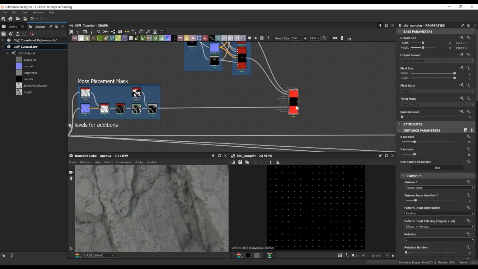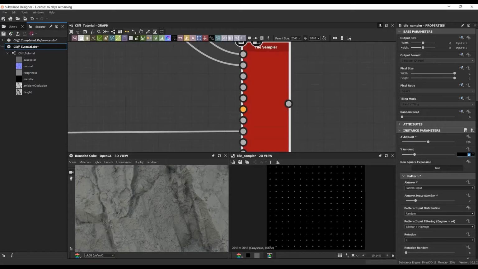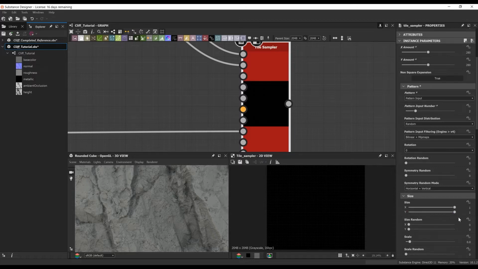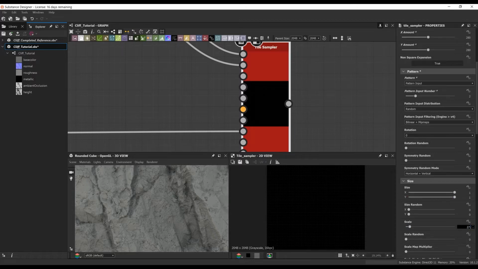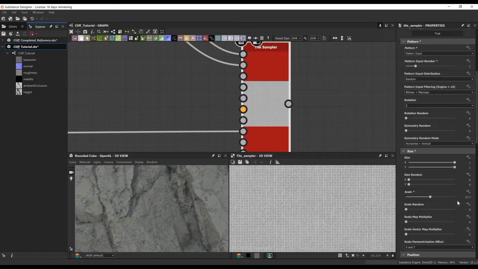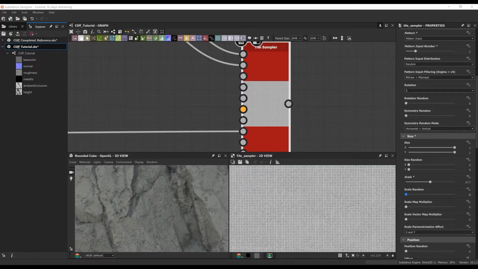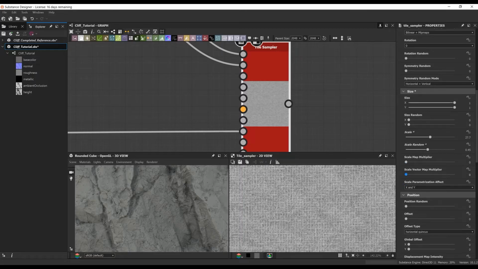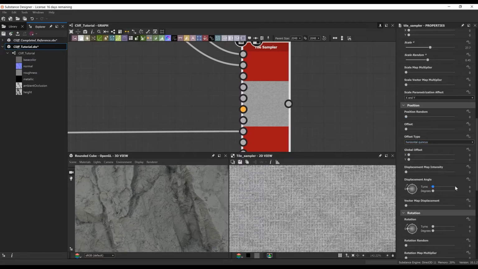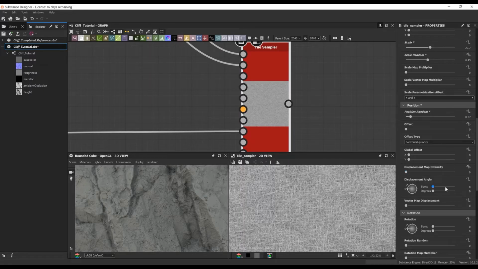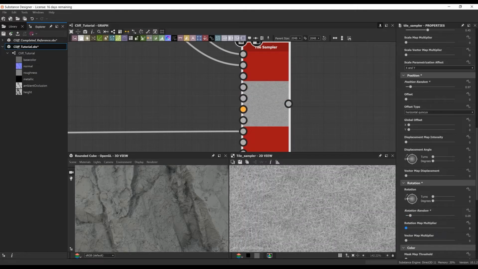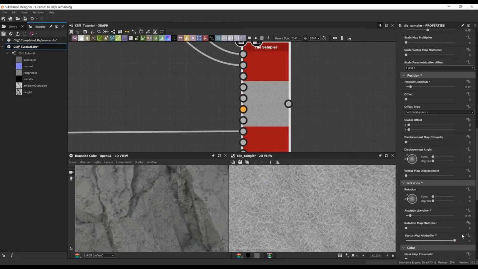So once we have those 2 moss clumps, I'm actually going to bring another tile sampler, and this is where our moss placement mask that we created earlier comes into play. So that mask is going to get plugged into our mask map input, and what that'll do is it's telling this tile sampler only create the moss in this area from that mask that we created. So here I'm just plugging in some parameters and rotating stuff as I go along. And this is just giving us the variation. Again, just playing with the different parameters, seeing what we get here.